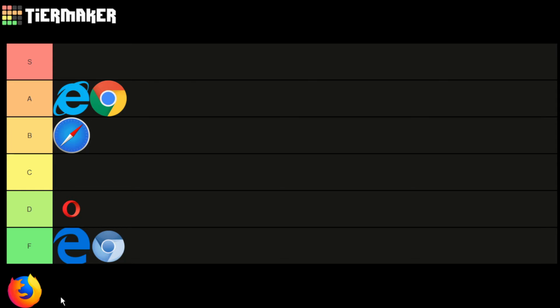Firefox. Firefox is the best browser you can install on a computer. It's private because it's owned by Mozilla. They don't make money off of ads. It runs better than Chrome in most cases. It looks better. Of course, the web extension library isn't as good, but